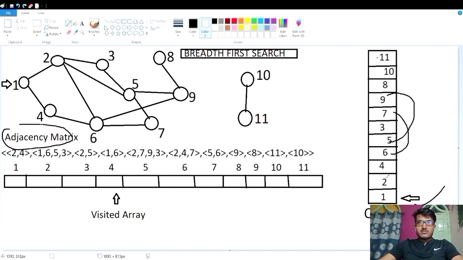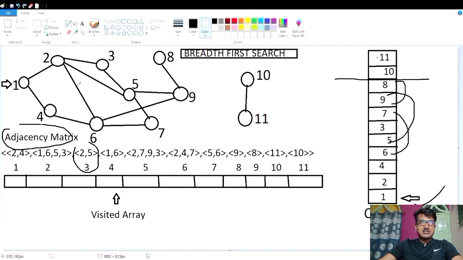Now 1 2 4 6 5 3 7 9. What are the successor nodes of 3? That is 2 and 5, already there. 7 has 5 and 6, already there. 9 will go to 8. Till now you see there is one BFS path of this graph.